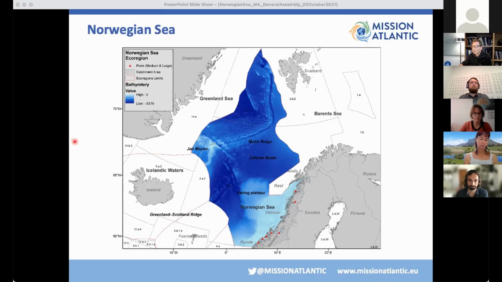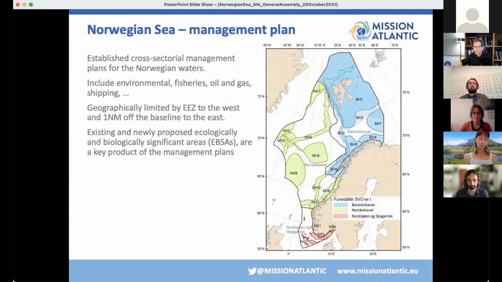In terms of management and research, we have a relatively particular structure in Norway that is quite specific. For more than 10 years now, we've had an established cross-sectoral management plan for the Norwegian Sea. We also have similar plans for the Barents Sea and the North Sea Norwegian sectors that you see on this map. In these management plans, we have two advisory groups, and one of them is a scientific advisory group. We could use this scientific advisory group in our work in Mission Atlantic to communicate and to present the